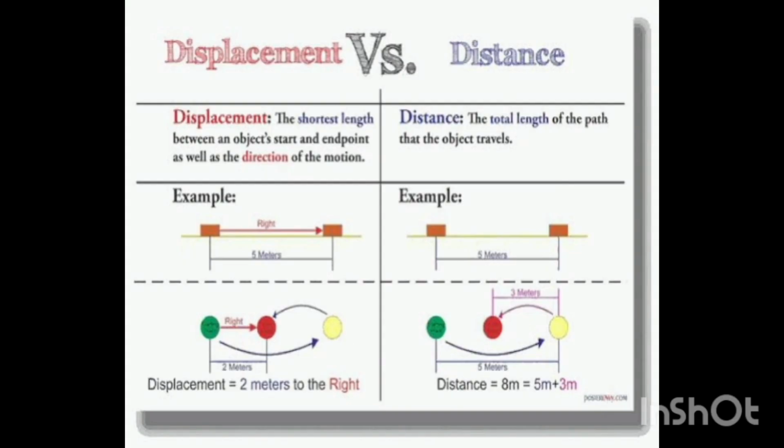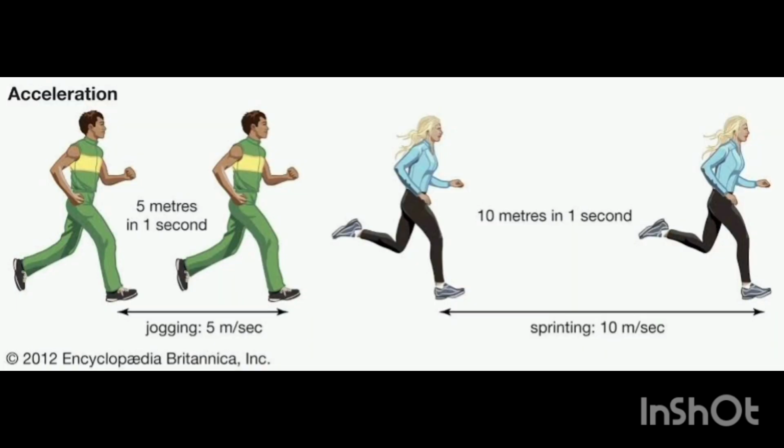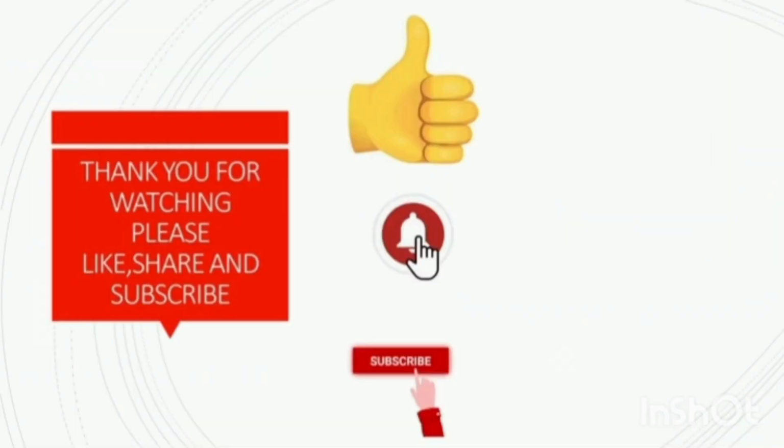Let us recall the terms. Distance is the length of the actual path traveled by a particle in motion. Displacement is the shortest distance between the initial and the final position of a body. Speed is the rate at which a particle covers distance along a given path. Velocity is the displacement of the body in unit time, or rate of displacement. Acceleration: a particle moving with variable velocity is said to possess acceleration. It is defined as the rate of change of velocity. It is also a vector quantity and its unit is meter per second squared.